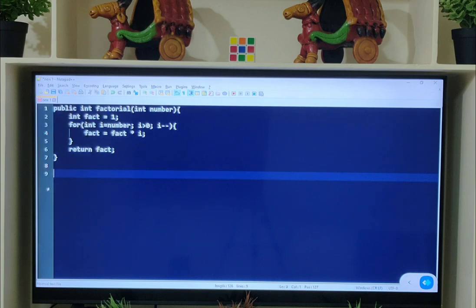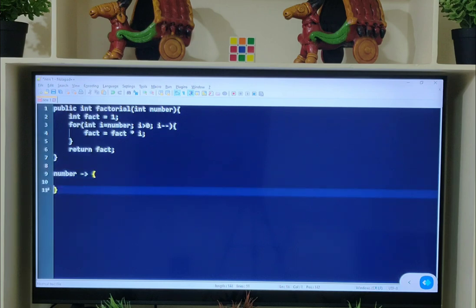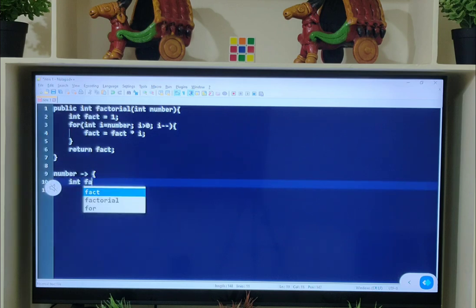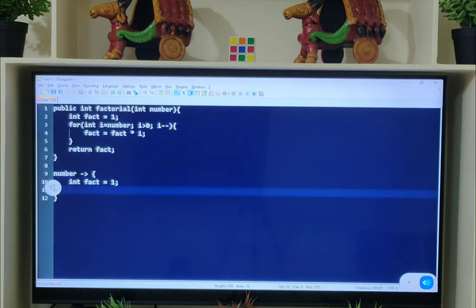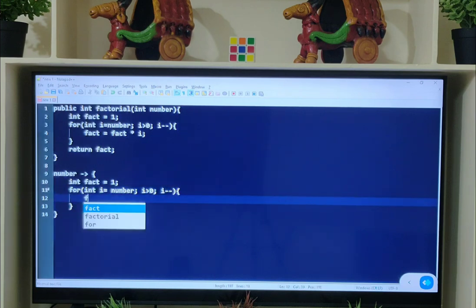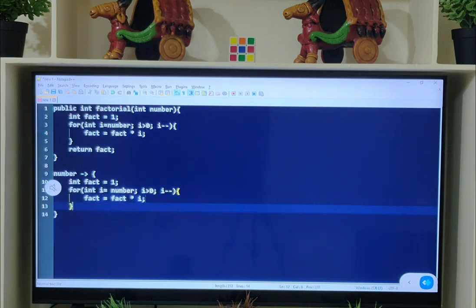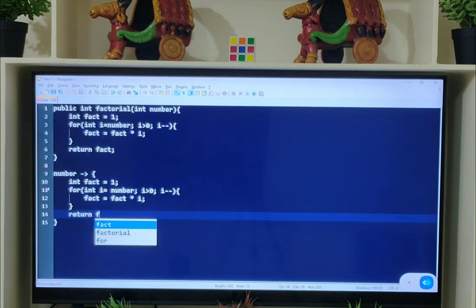Let's see how I can convert this into a lambda expression. number, arrow operator, and as we have more than one statement, please put the statements in curly braces. int fact = 1; for (int i = number; i > 0; i--), next fact = fact * i, and next you can return fact.